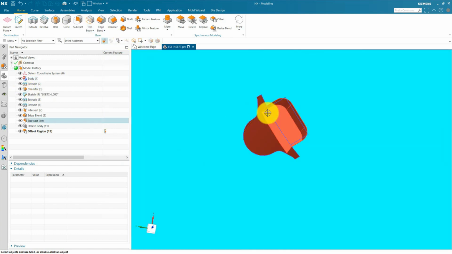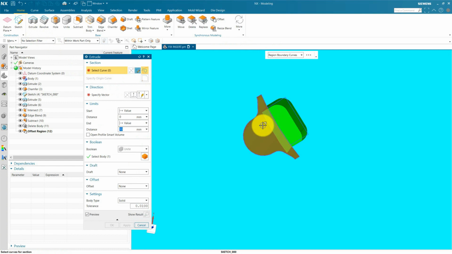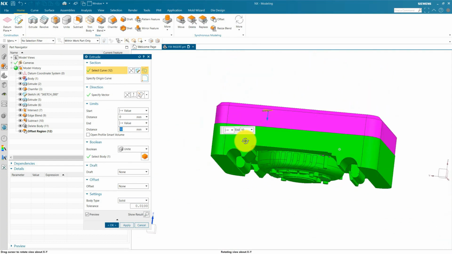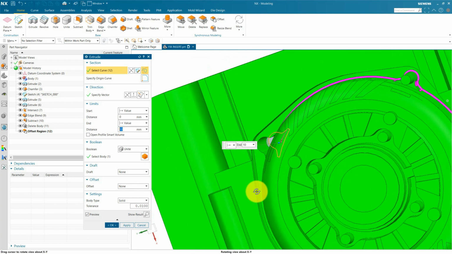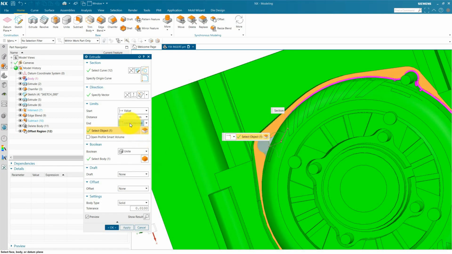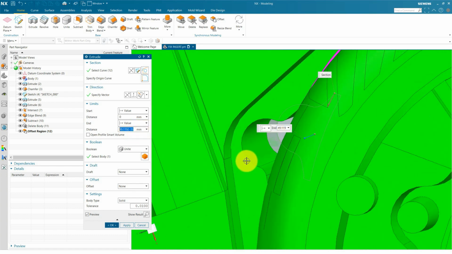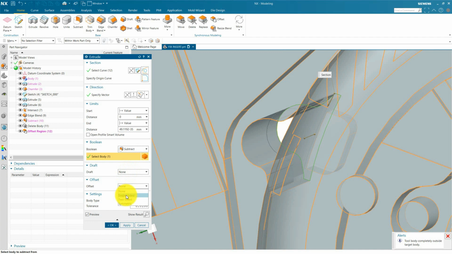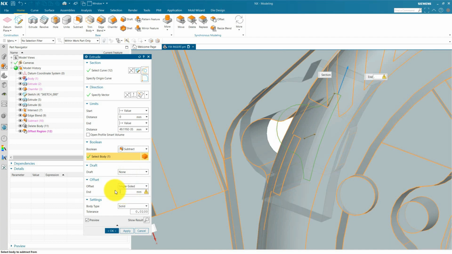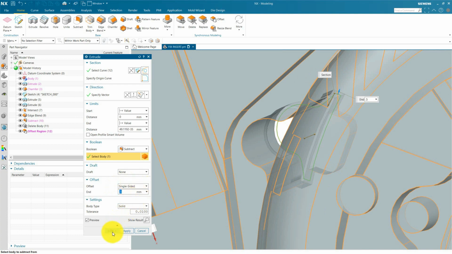I'm going to select this curve and go to extrude and select this region, and we are going to select use until extended and select this, and then we convert this to value, and our minus and our matching area should be 35 to 40, so we use minus 35, and it will go back 35 mm from this face to this, and now we are going to subtract this and we are going to offset, single offset, and we use 0.5 for a clearance and press OK.